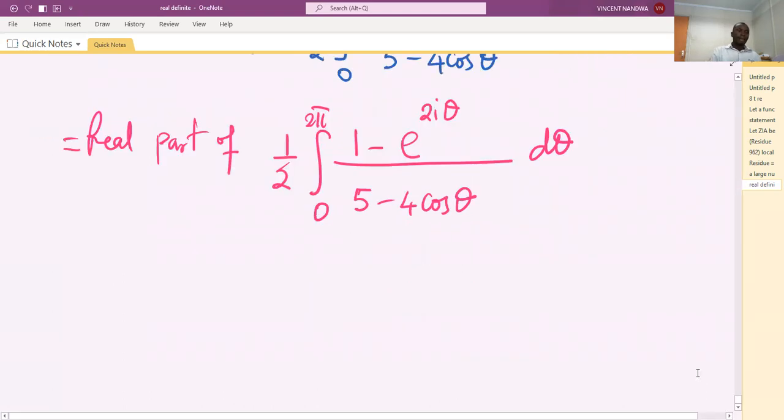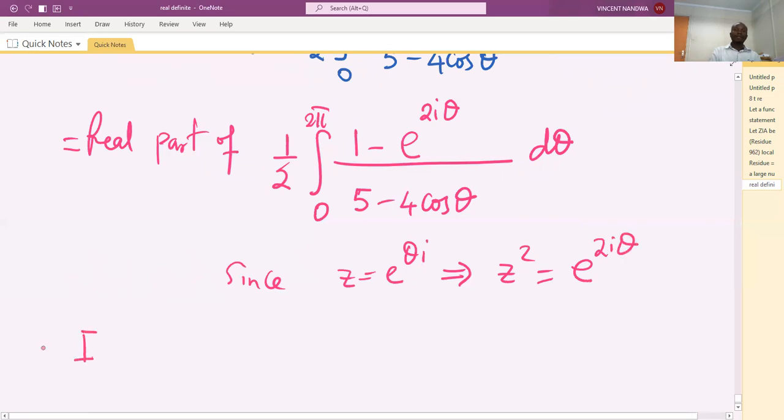Then, since z is given by e raised to the power i theta, it implies z squared gives e raised to the power 2i theta. So therefore, I is the same as the real part of